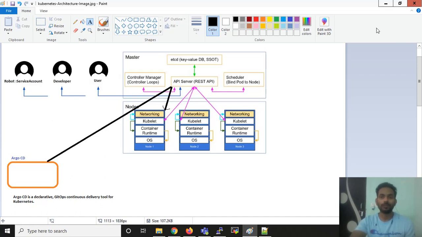In this practical video, I'm going to create the Argo CD server as a pod on the Kubernetes master, then access the web interface of Argo CD, and then deploy projects. So in this video, we are going to learn how to install and set up Argo CD as a pod on the master of the Kubernetes cluster, and in the next video I will show you how to deploy projects like objects, pod deployments, and others.